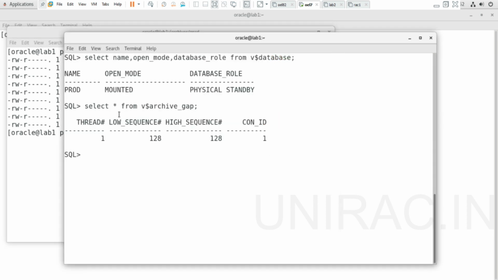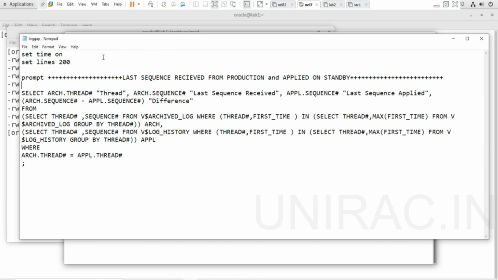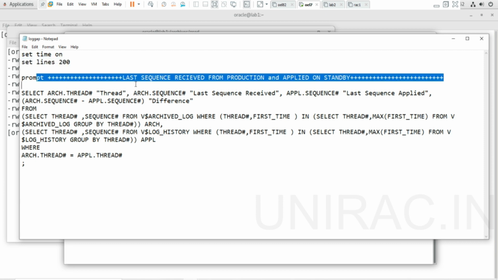We can also find out the gap not only from v$archive_gap, but also from v$archived_log and v$log_history. You can set the time on, and we can write a query after setting up your line size on the prompt.